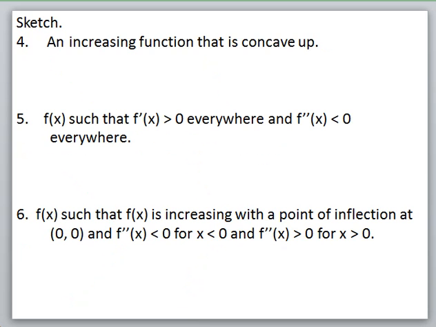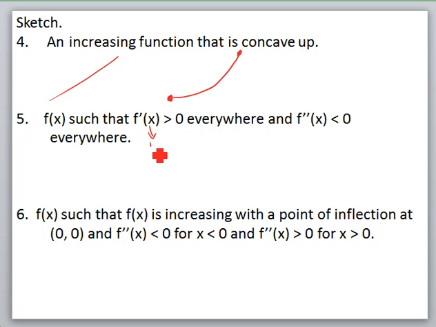Going on a few more of these. An increasing function that is concave up. So we've got increasing again, and we want it to be concave up. So we will have it holding water. The number 5 says, let's sketch something that is